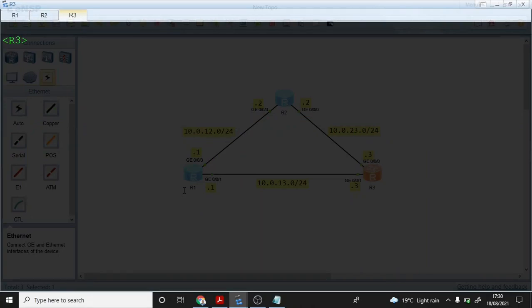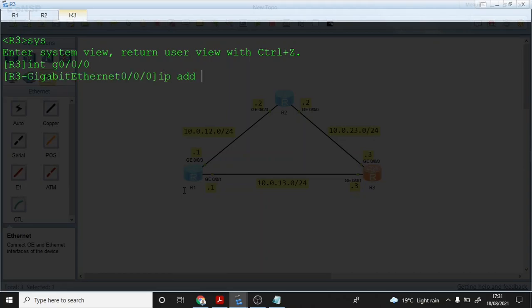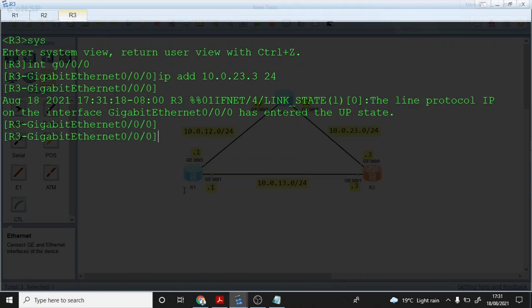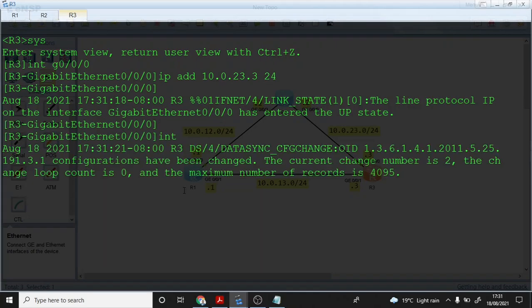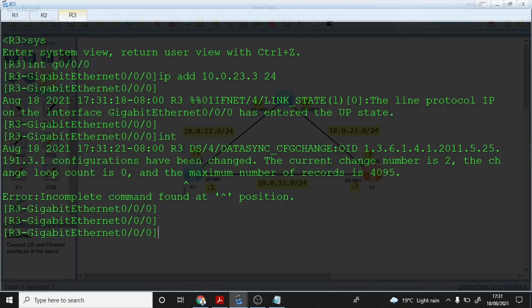Then I go into system view. Then I go into the first interface 0/0/0, ip address 10.0.23.3/24. Then I can go into int. You can always press tab when those messages come out. So int